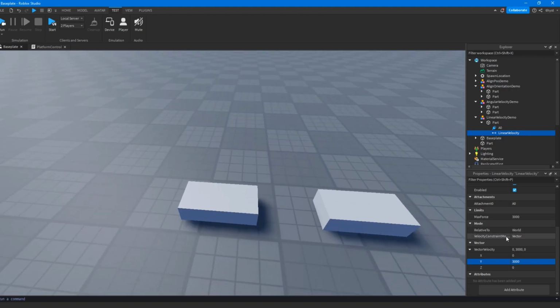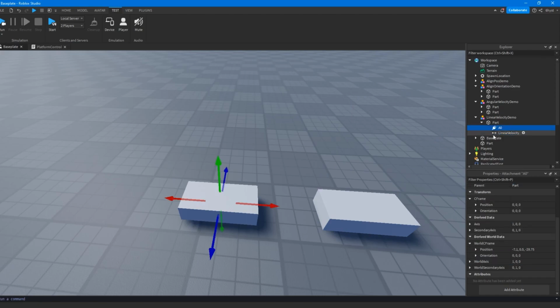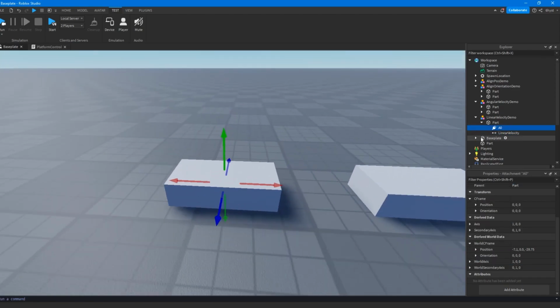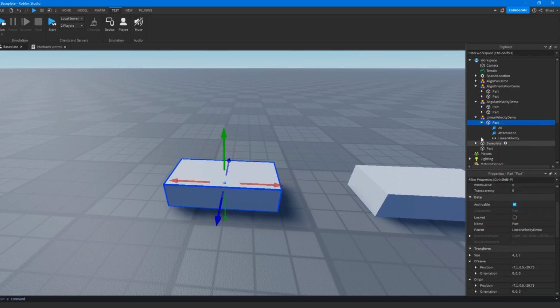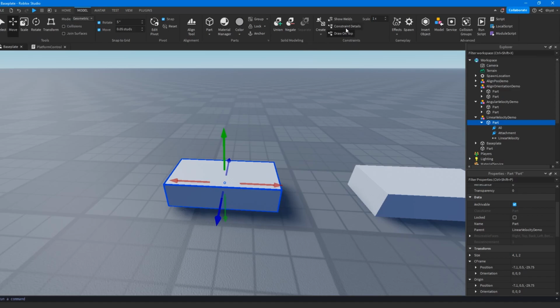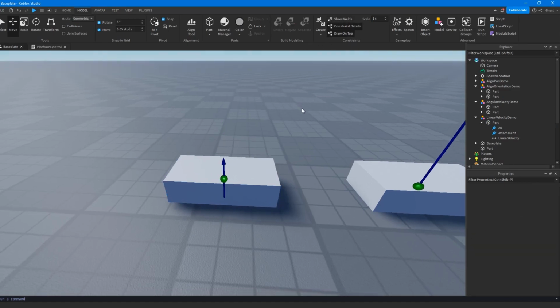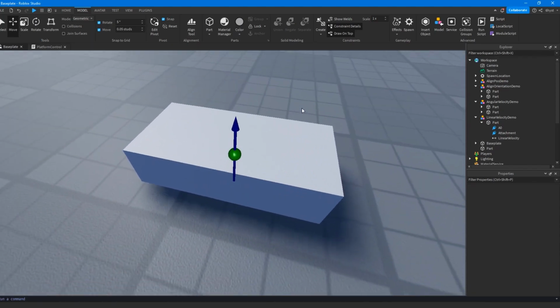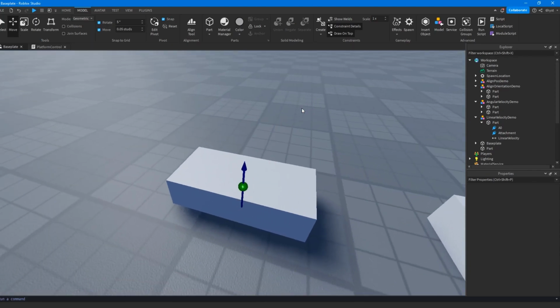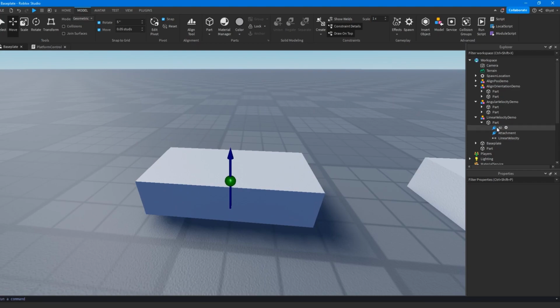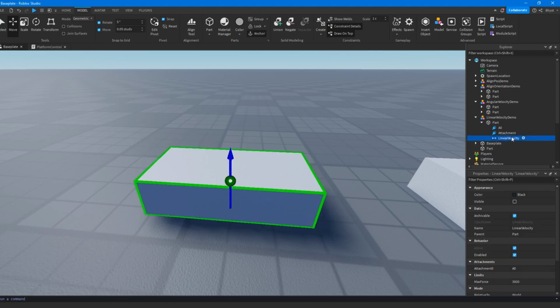So all these constraints are actually attachment based, so you're going to need an attachment. You can see in this part I actually have an attachment. An attachment's just like this little circular thing. If you go to Model, we can go to Constraint Details right here, and we can turn that on, and it'll show you pretty much all the constraints and what exactly they're doing. You can see our attachment is this little green ball. It highlights it for us when we hover over it, and our linear velocity is this kind of